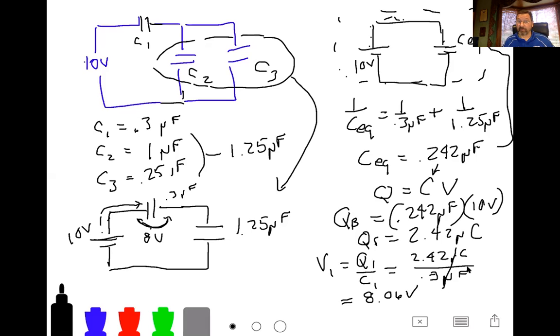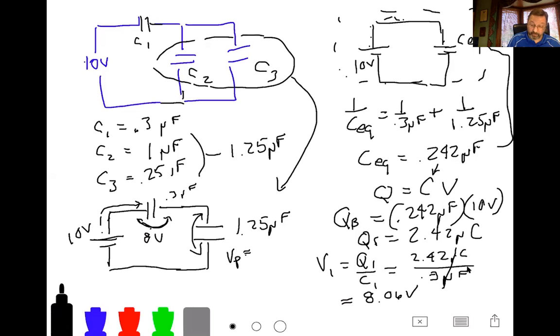Now, what we said before about the voltage around a closed loop being 0: if I got 10 volts from the battery and there's 8 volts across the capacitor, what must be left at the 1.25 microfarad capacitor? Well, just using one digit, 10 minus 8 leaves 2 volts right here. Let's see what it turns out to be using the same idea. If I want to find the voltage, I don't have a name for that one, so I'll call it the parallel combination. So the voltage across the parallel combination.